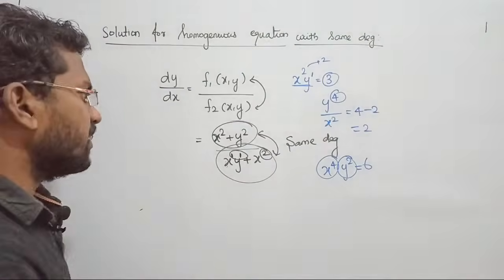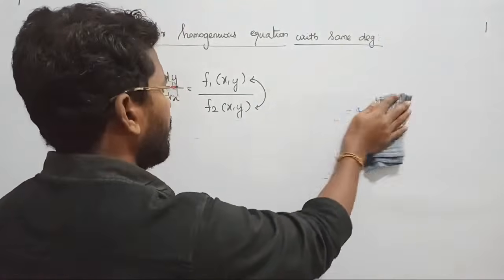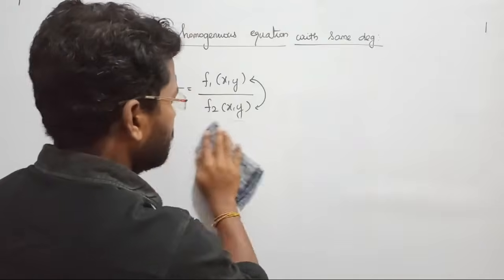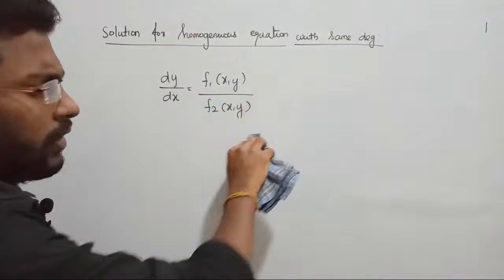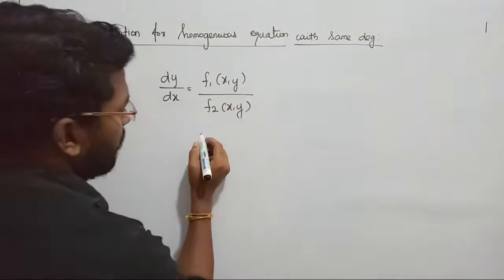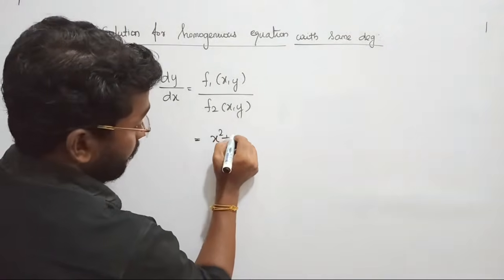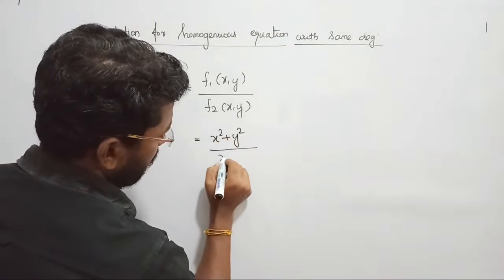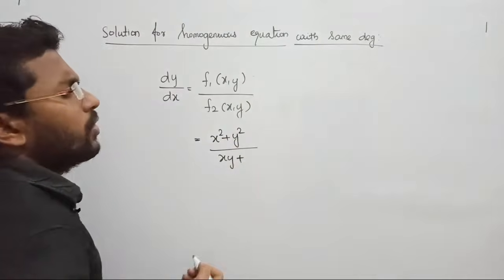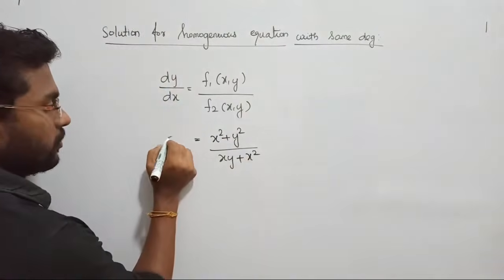Fine. Let us see. In order to solve these equations, we will take some examples. Okay, let me rub this one. Let's take the same equation that we considered last time: x square plus y square upon x into y plus x square, right? That is going to be